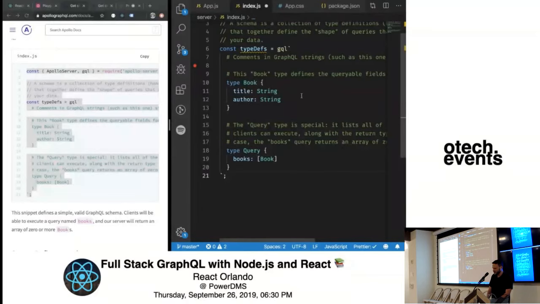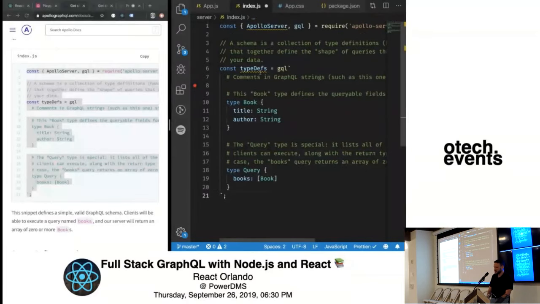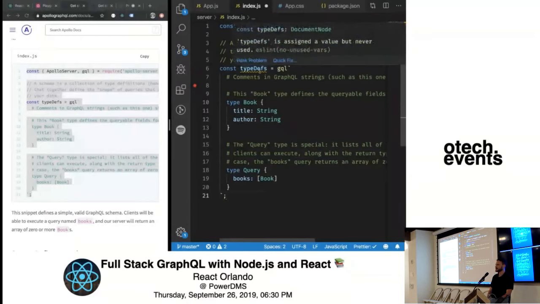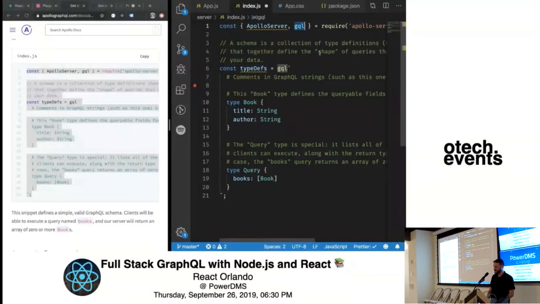Another thing about schema is that you can define schema outside of whatever language you're using. So if it's PHP, Ruby, C#, Node.js, whatever, you can put it in separate files and then have some sort of loader that will understand what that is. This just enables us to inline it in JS using this gql helper that Apollo server exports.